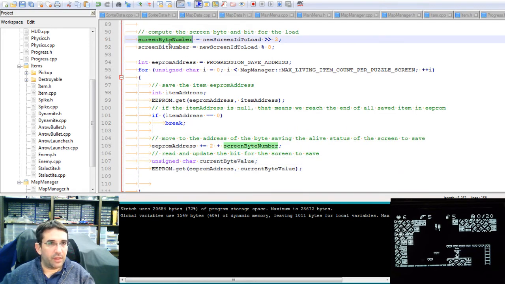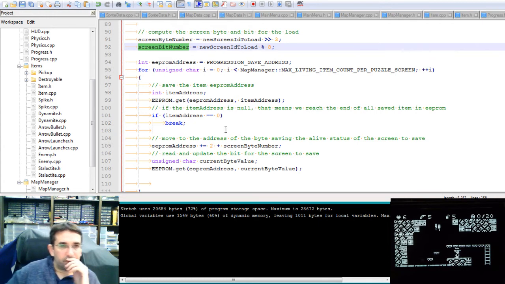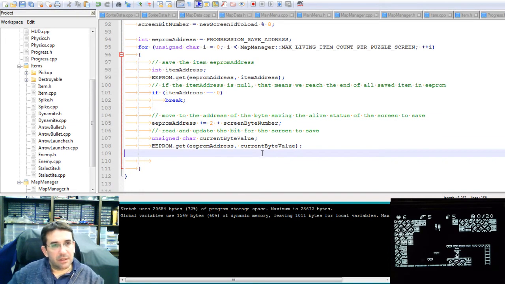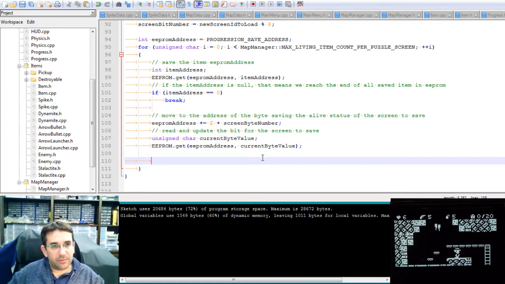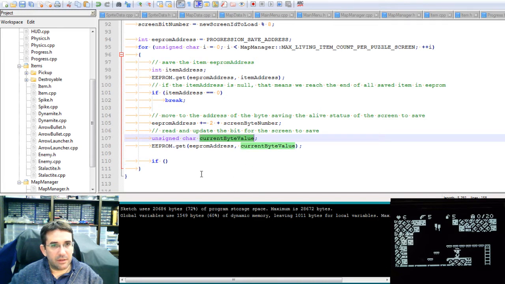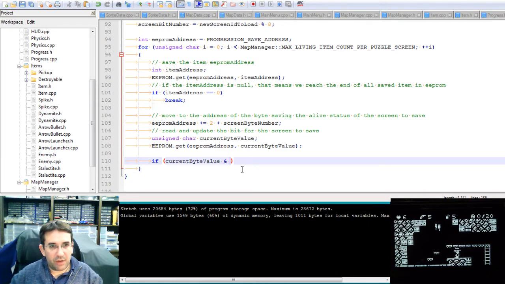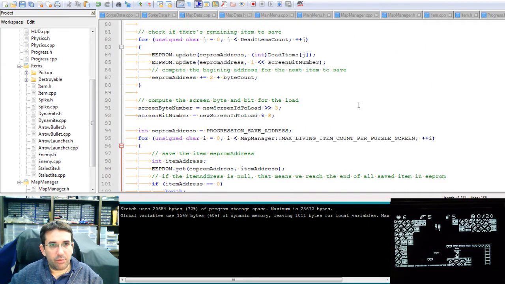So, but it has changed here, even if it's the same variable. So screen byte number, we get it, and if this binary end with the screen bit,